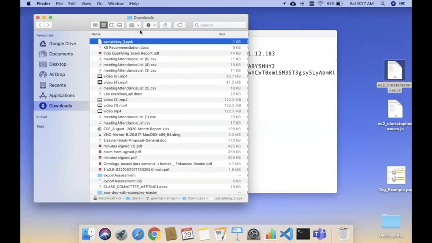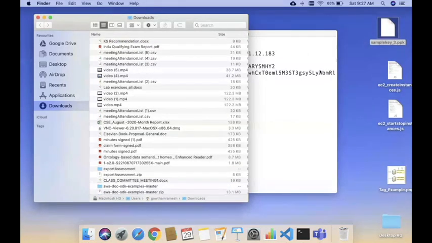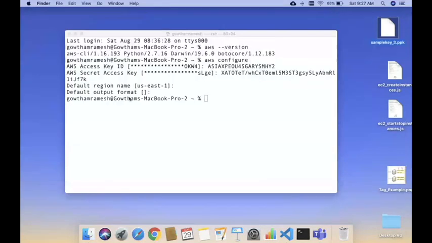So from downloads, I'm going to keep the key pair PPK file on the desktop. This is the additional step. Now, using this PPK file, your Node.js program can communicate with the remote AWS server.